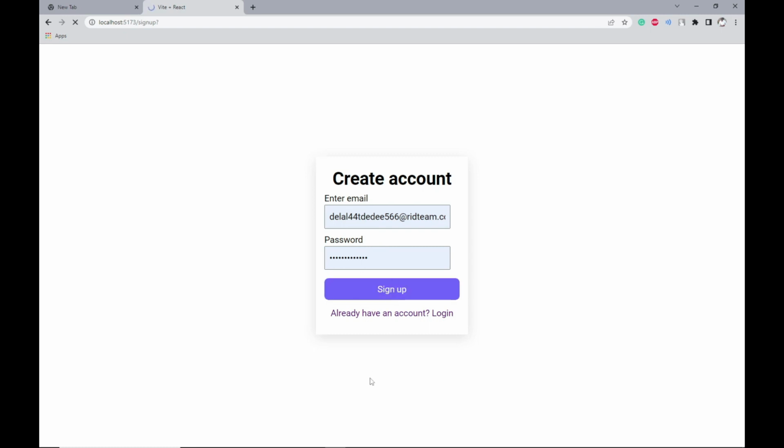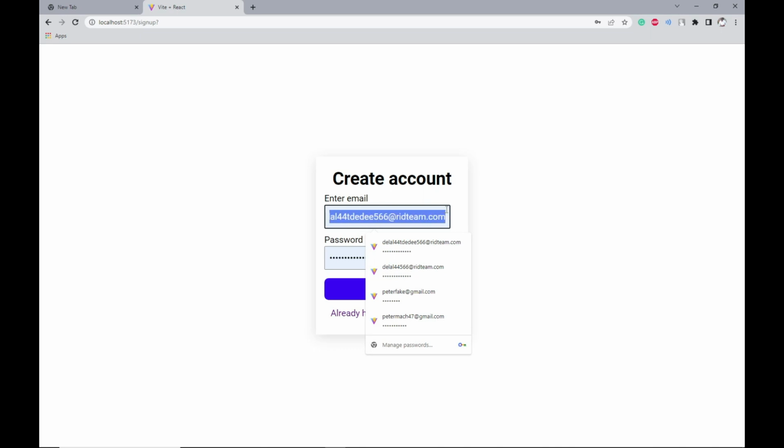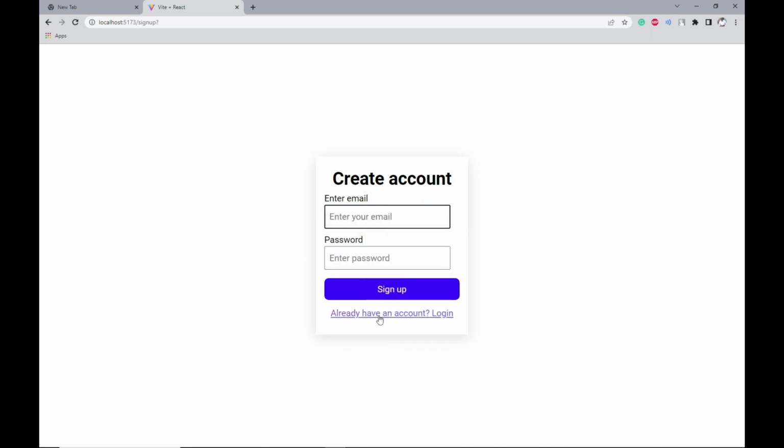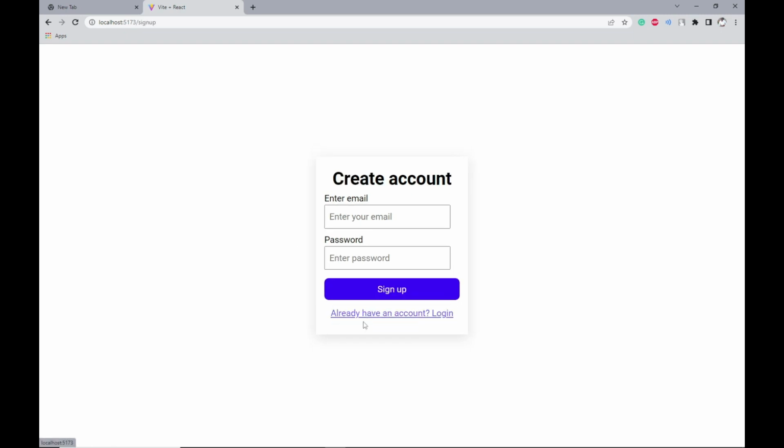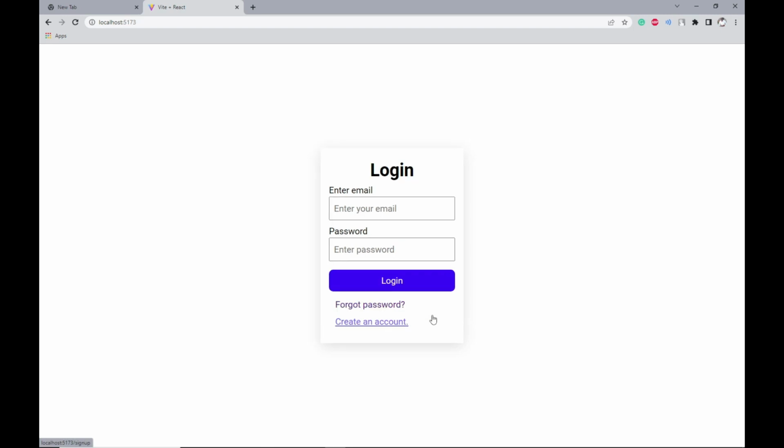Okay, so right now there's nothing that's happening. These autofills are for these ones. So we have this link here. When you click it, it's coming to the login, and when you create,